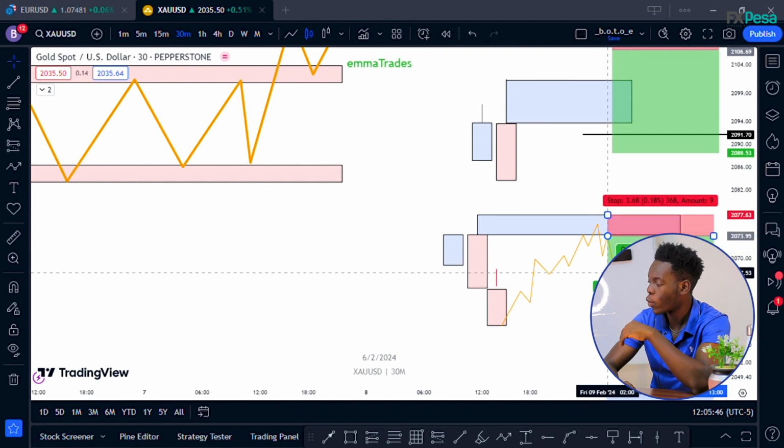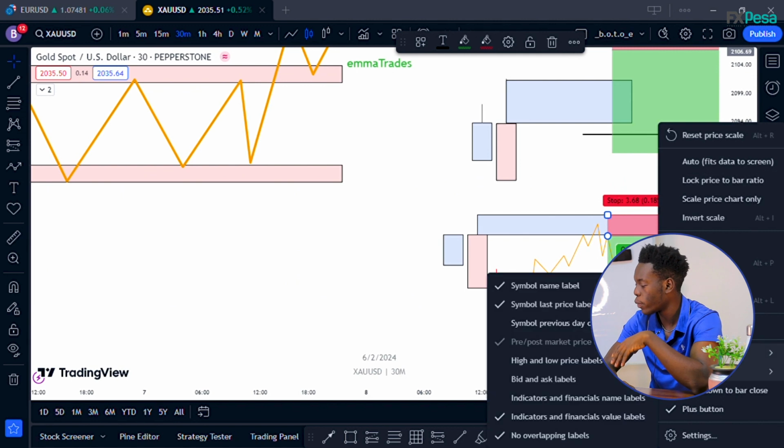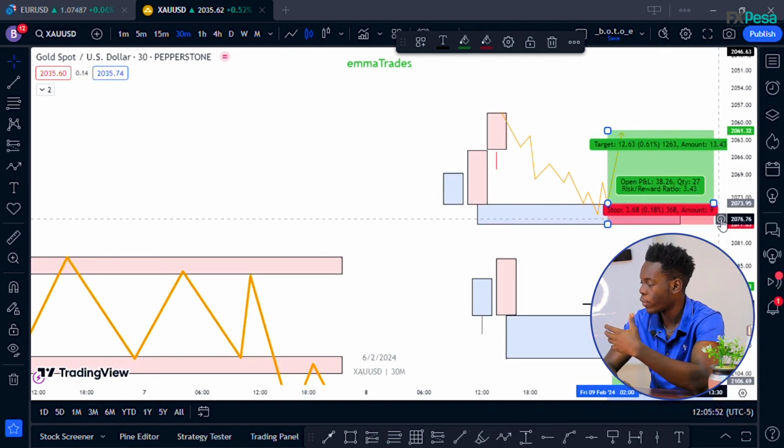Now that's the strategy. Now in the bearish scenarios, I'm going to just flip this and try to explain it. I'm going to invert this. Now in the bullish